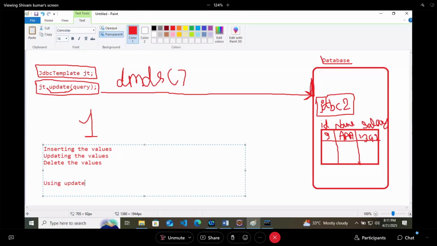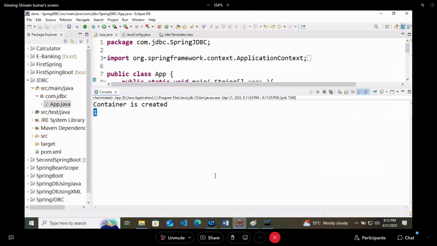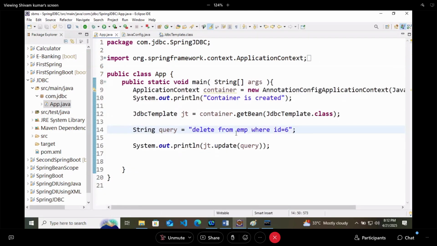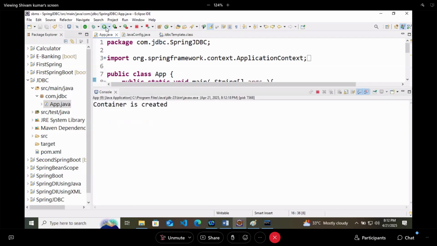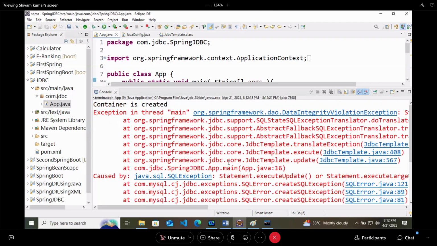Is it that simple? So yes, let's try to read the values. I will say select asterisk from EMP. Again, I will write the update query, and be ready for exceptions or errors because here we don't use the update method.